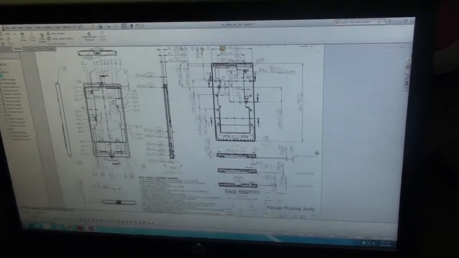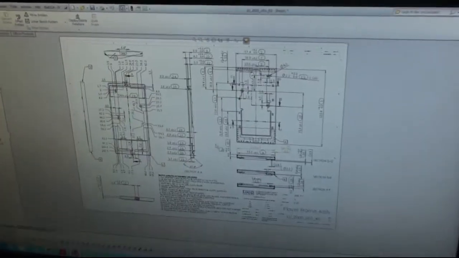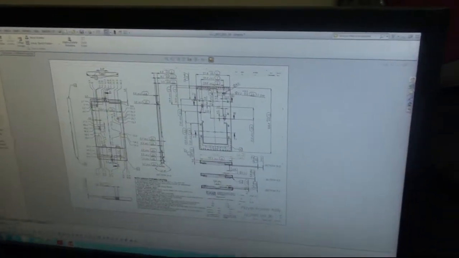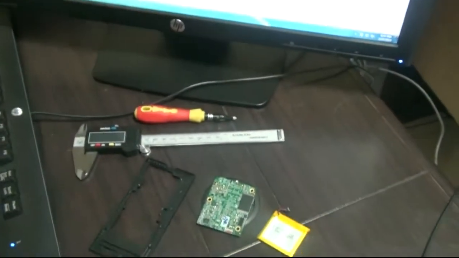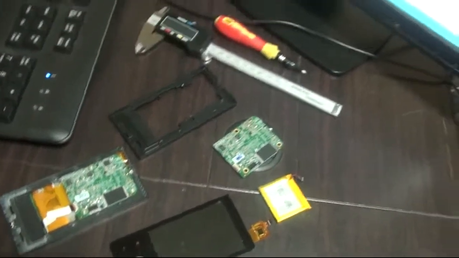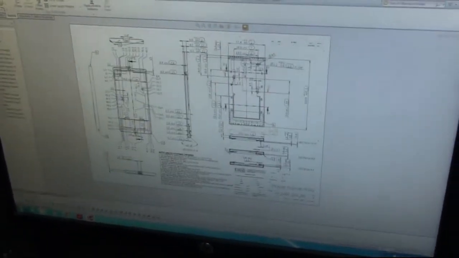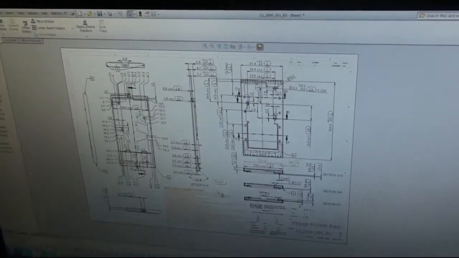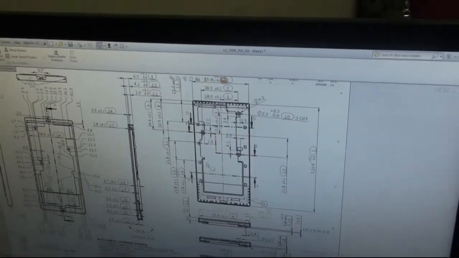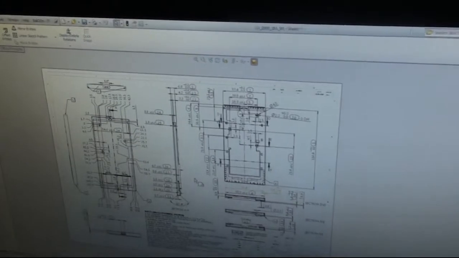That's done using drawings. We give all the special notes that are required. This is done in discussion with the manufacturer. We try to understand his limitations, and it is always better that the drawing provides all the information so that it's clear to the manufacturer and he need not worry about any other thing. This gives the detailed specification we need to build the frame. It is a document that allows the manufacturer to go through and see whether he is able to get the required dimensions and tolerances.